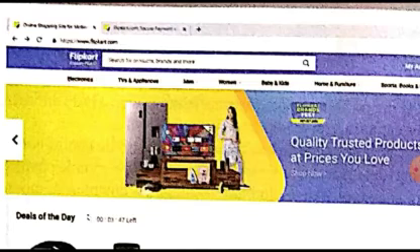Or you can directly type in the search box also. These are two options using which you can search for your item. If you know the name of a product, you can type the name of the product directly in the search box. The search box is shown here in the top section of the website.